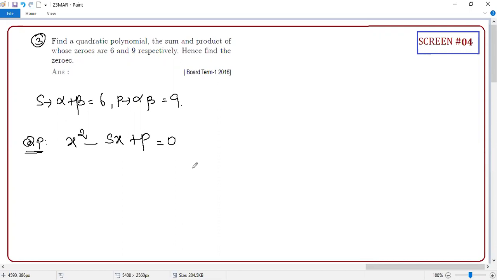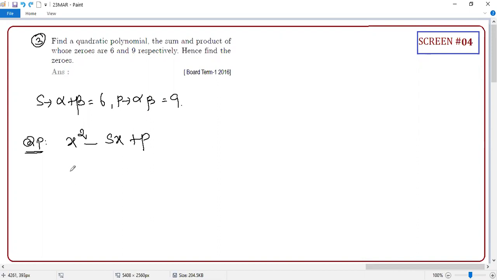Now tell me, is this equal to 0 correct? Guys, if you write it, it's wrong. Please understand, it's a quadratic polynomial. Polynomial should not be having 0. Sometimes when they are asking a quadratic equation, you are not putting equal to 0. In a quadratic polynomial, you are putting equal to 0. Both of them are wrong. Polynomial means it should not have equal to 0. Equation means it should have equal to 0. Are you clear?